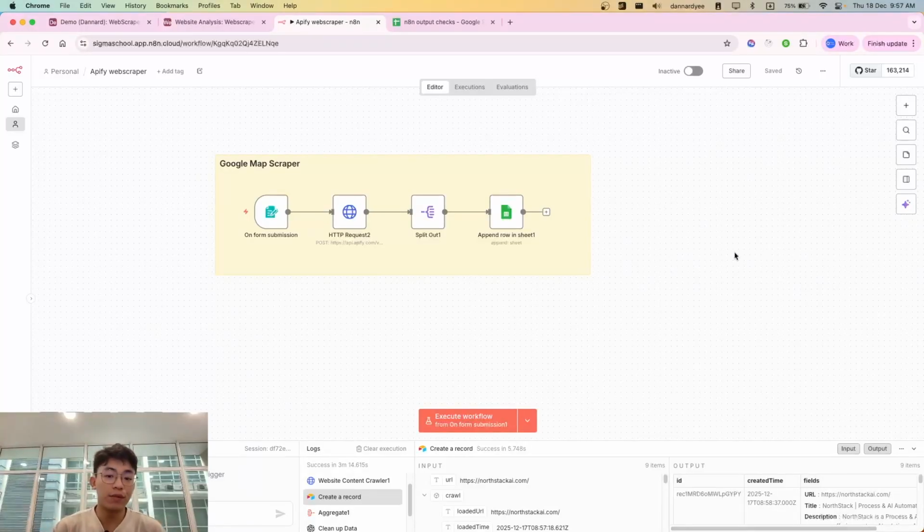Hey guys, so in the previous video we talked about building a web scraper from scratch, using things like robots.txt, sitemaps, and understanding how websites expose their structure, where we then scrape each of these pages. That approach is great for learning, but in real projects you would want to use